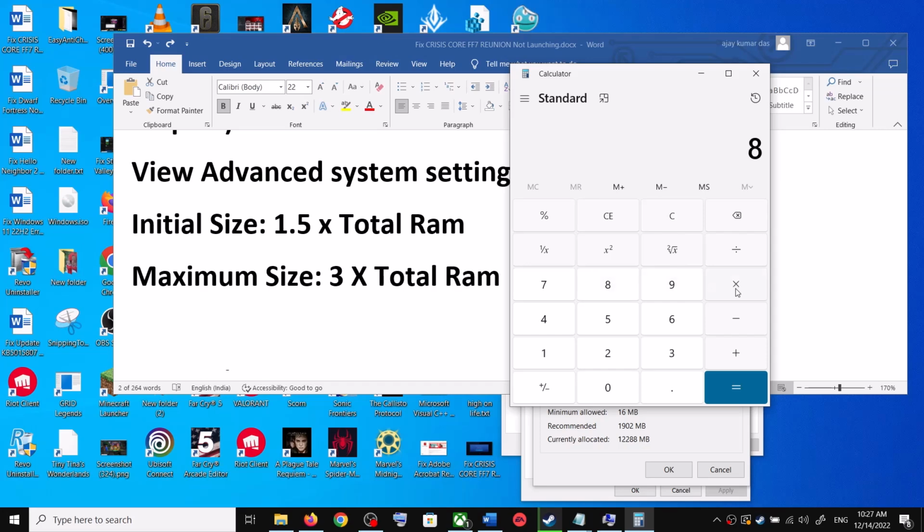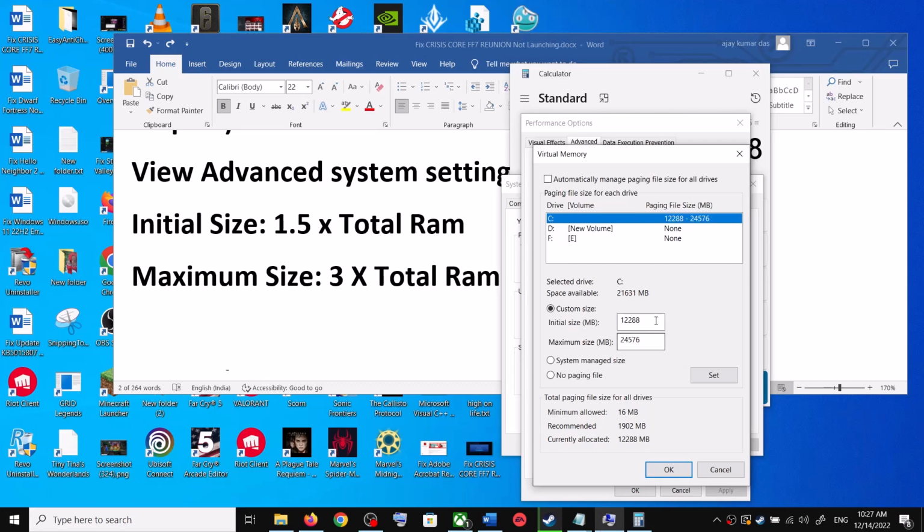We have to convert this to megabyte, into 1024. 1024, that is 8192 megabyte. So total RAM as per 8 gigabyte in megabyte is 8192 for me. So initial size is 1.5 into total RAM, that is 8192 into 1.5, that is 12288,